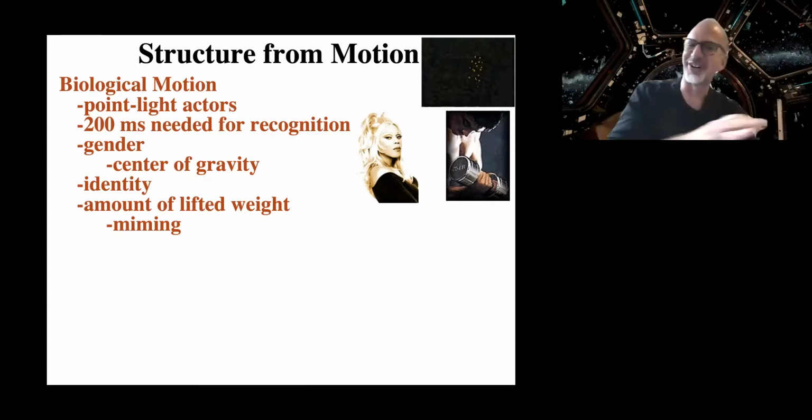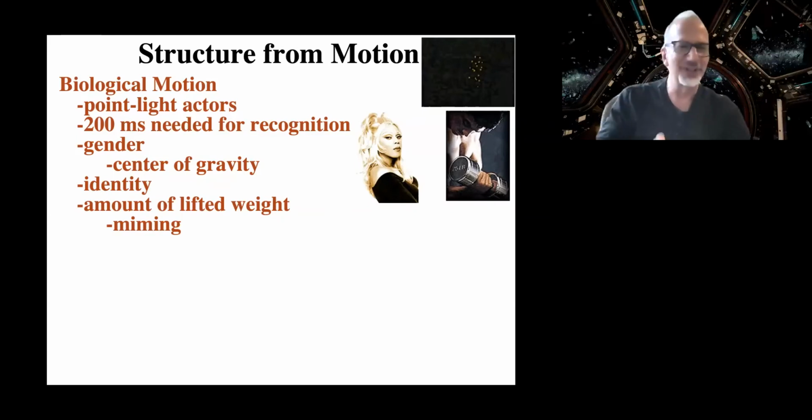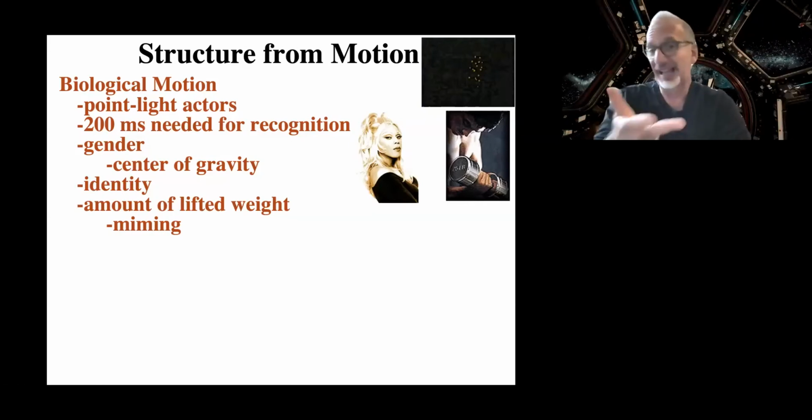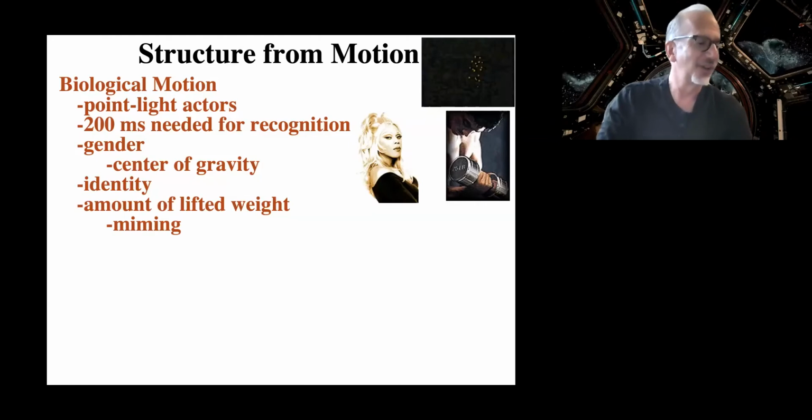In addition, we've talked about these other things. You can tell gender, you can tell relative size of the person, you can tell their identity to some degree, you can tell whether or not it's your friends. Okay,